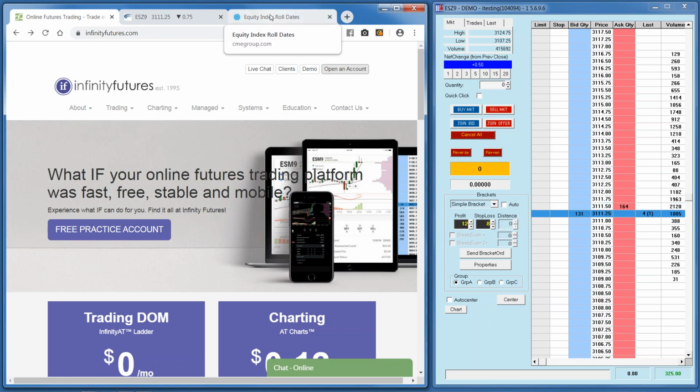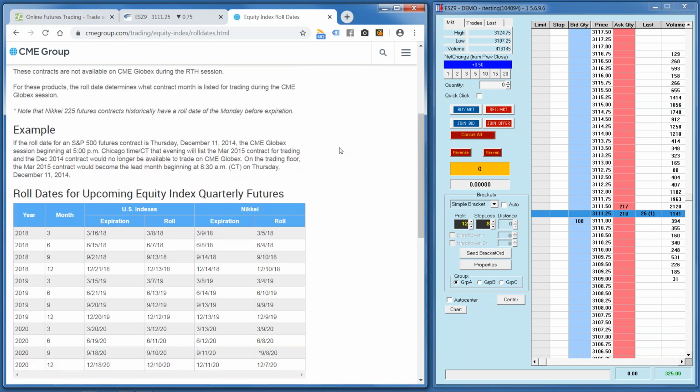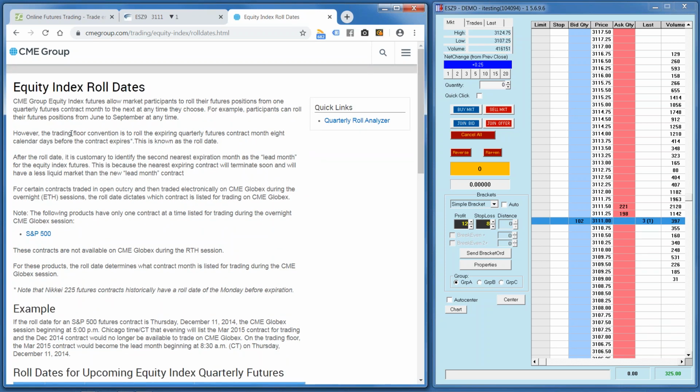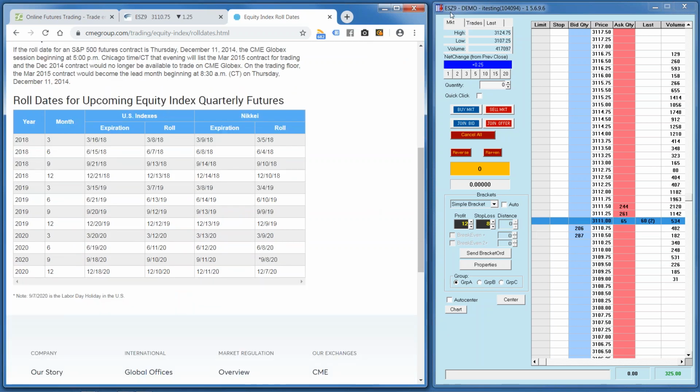I got a lot of calls about when rollover is going to happen for the stock index futures. CME has this little chart here which explains it pretty well. There's a lot of explanation about rollover and how it works. Right now we're trading in the December, that's Z, December stock index futures. That includes the mini S&P, the mini NASDAQ, the mini Dow, the mini Russell, and all the micros associated with those stock index futures.